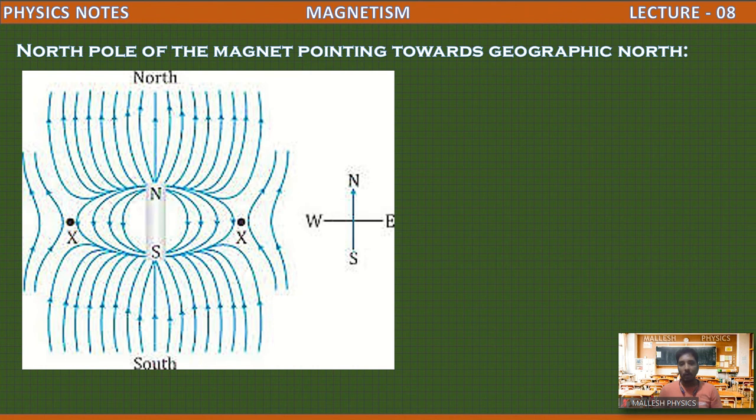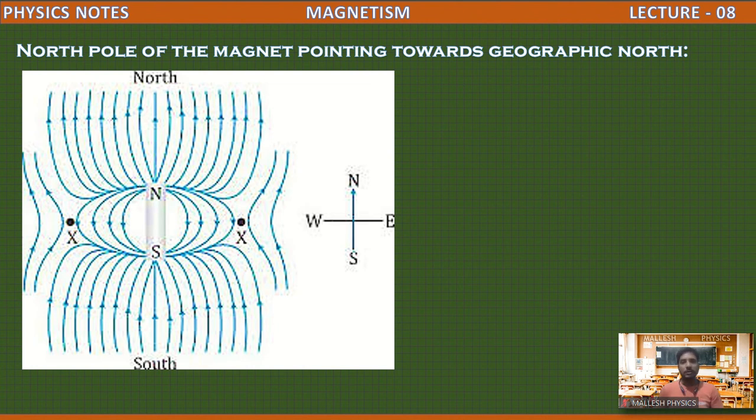I hope you understood. So the null point is nothing but the point where the magnetic field due to the bar magnet is equal to Earth's magnetic field. Then the net magnetic field is 0. The point where the net magnetic field becomes 0, there the null point will be found. Now we are going to find the distance of this null point, when we place the north pole of the bar magnet facing towards geographic north, and also when the south pole of the magnet is pointing towards geographic north. So in these two cases we are going to find the null point.